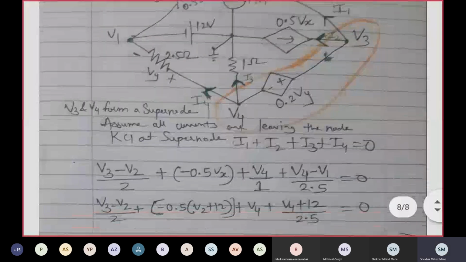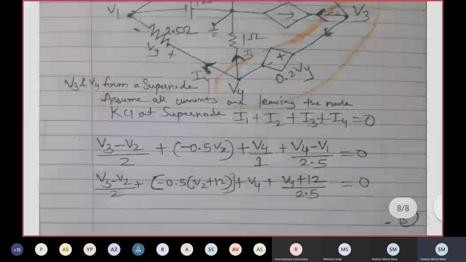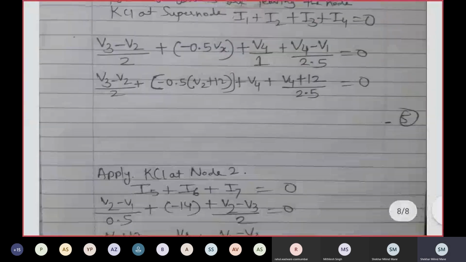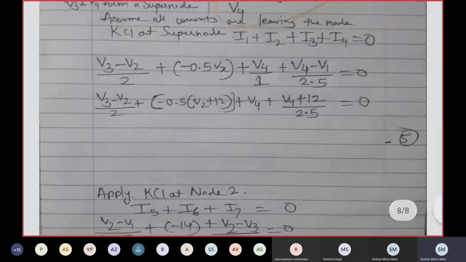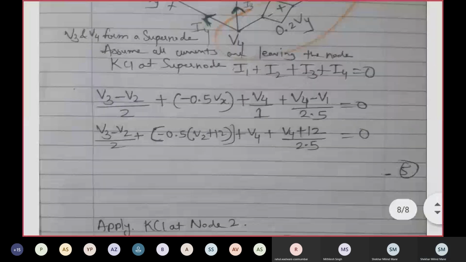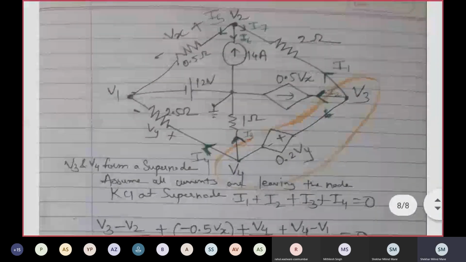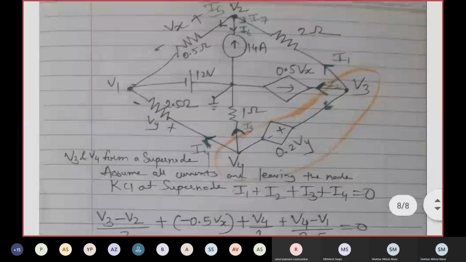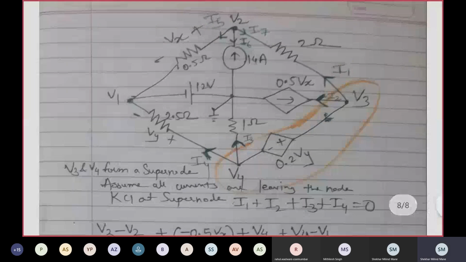Now you have to substitute the value of Vx here. From our observation, we got the values of Vx and Vy, that we have to substitute, and you have to simplify this. Now this is your homework. You have to simplify this afterwards. All of you draw this diagram, otherwise take a screenshot of it right now in your mobile. Did you take the screenshot? Yes, sir.